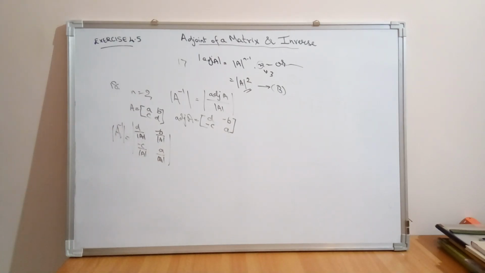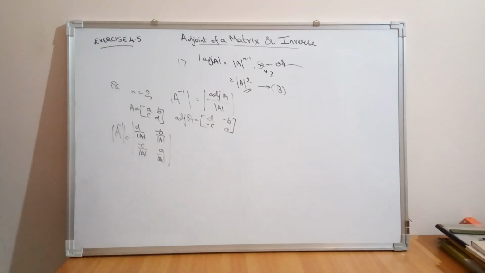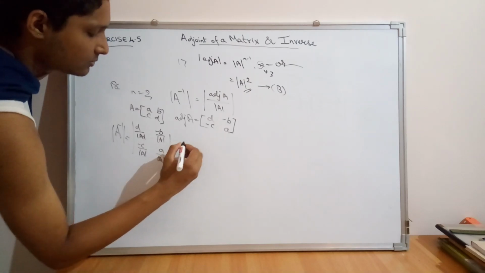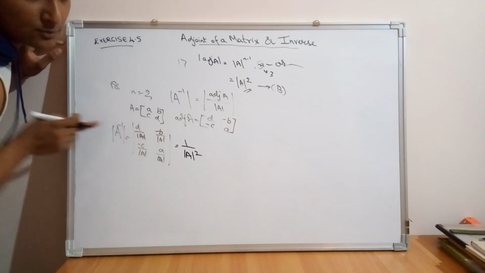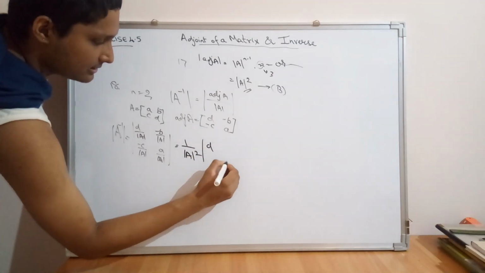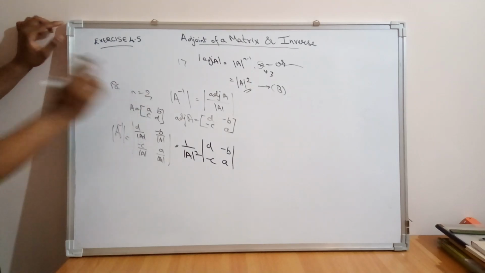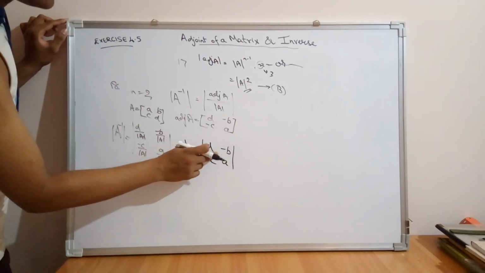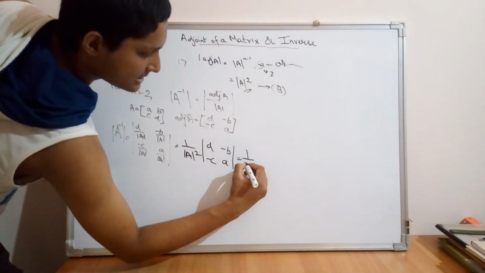From this we can find out that 1 by det A is common in both these. So I can remove 1 by det A 2 times, because it corresponds to one row and the second row also. Then what remains here is D, A, minus B, minus C. Here the order is given to be 2, and when we compare this and this, they are the same,